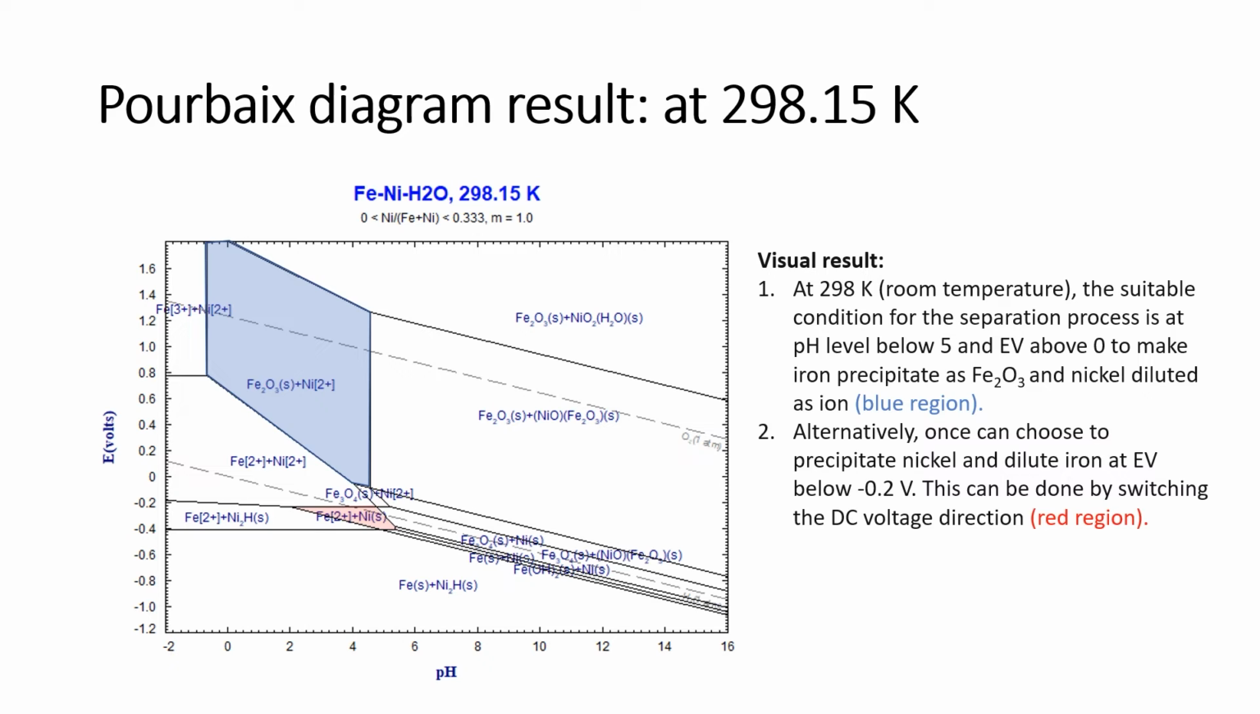Or alternatively, you can instead make the nickel precipitate and the iron diluted in the system. Which one do you want to use is dependent on your case. But in here we can see that these two options here are available. So this diagram does not explain how much iron or nickel precipitate, but it's just showing us the